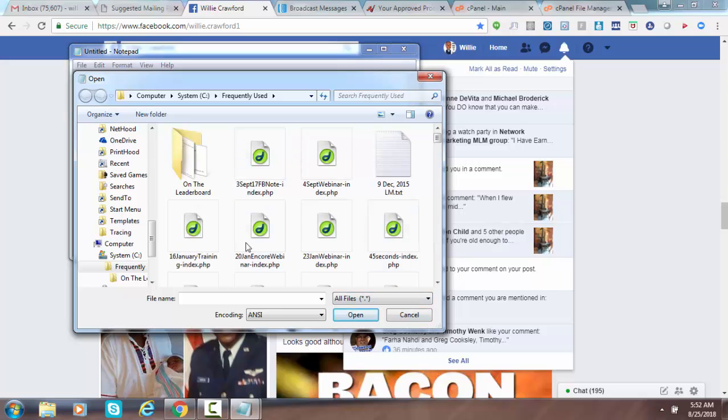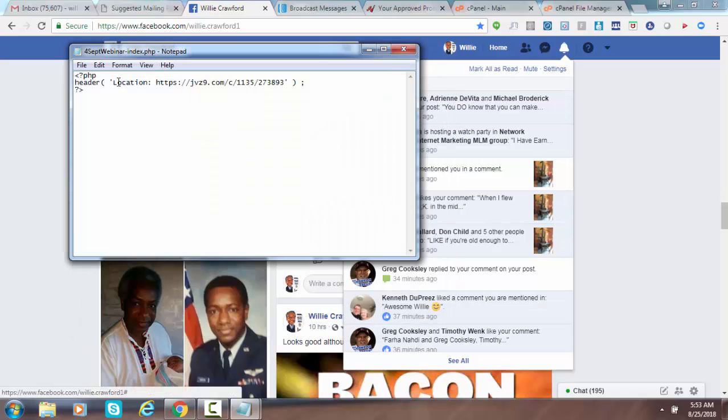I'm going to select this one. It doesn't matter which one you select. All you're going to do is change one part of the file and name it index.php. So I open it, and the only thing in this file is that it says it's a PHP file. It tells it that when someone types in that file name, it should redirect them to this affiliate link here. So what you're going to change is the affiliate link,